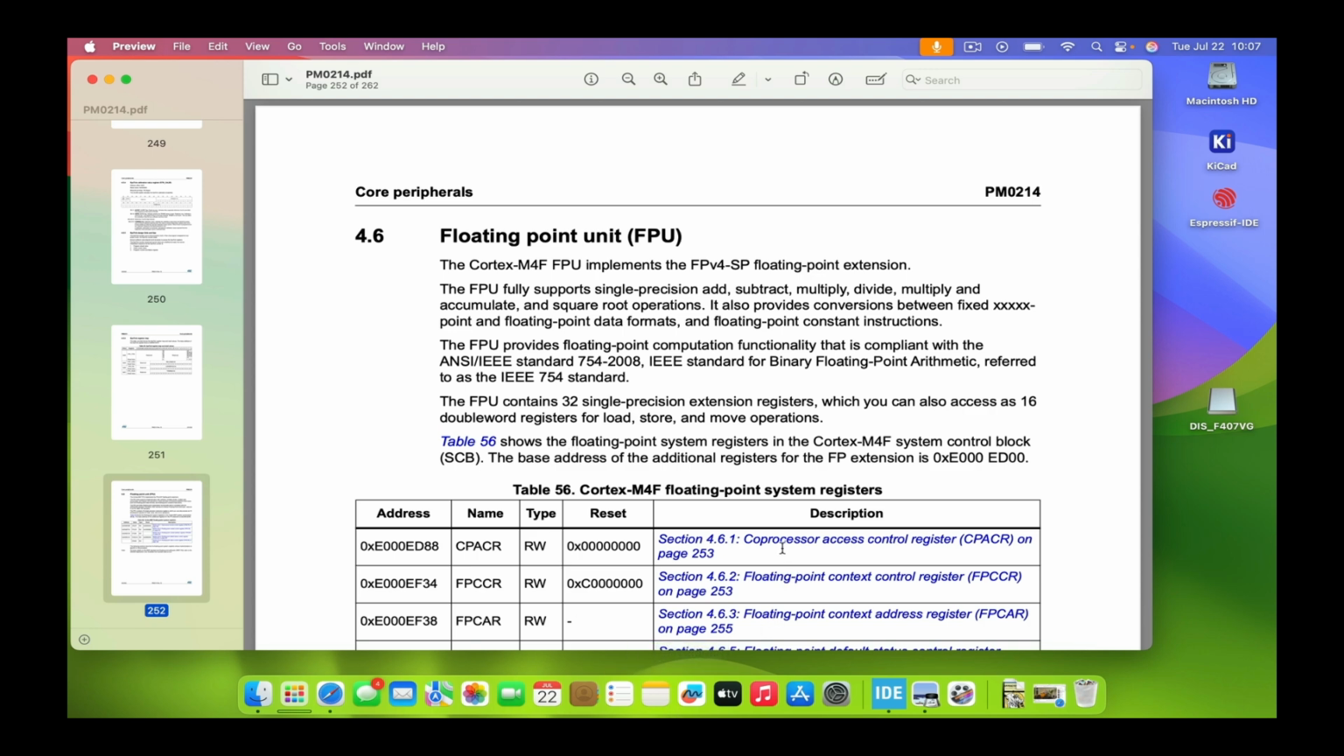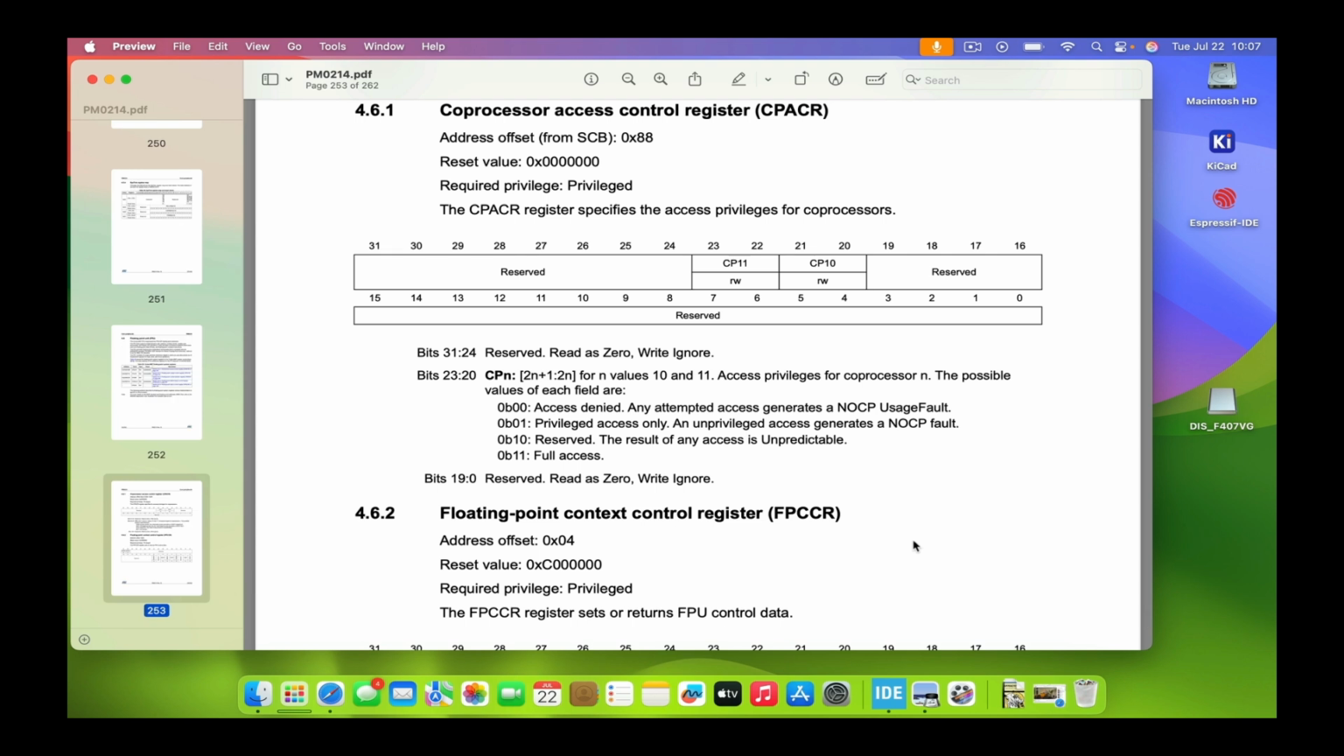Over here it says Coprocessor Access Control Register, CPACR. This is where you need to go. And if you read this, it says it requires privileged access, and then the CPACR register specifies the access privilege for coprocessors. Basically, it tells you that you need to set CP10 and CP11 to 0b11 for full access if you want full access. So I'm going to set